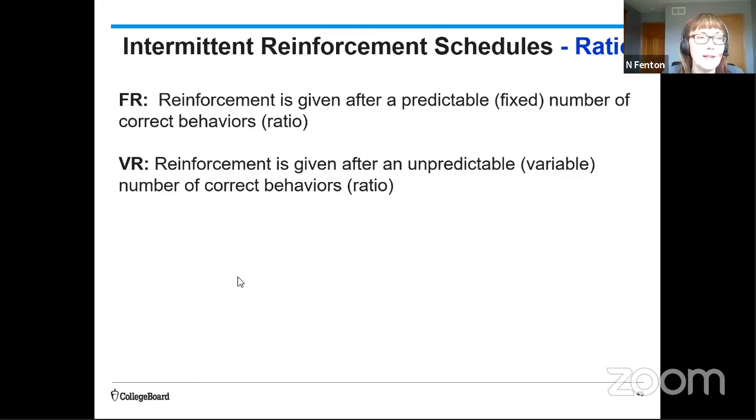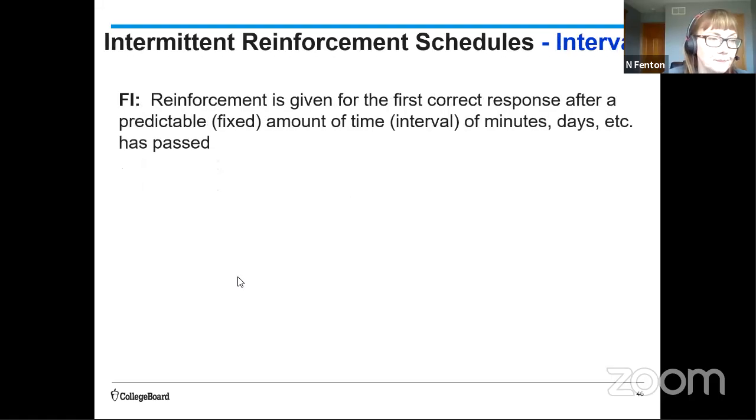And that reinforcement in sales is money. It's the actual sale. So sometimes a salesperson might have to approach 5 people and give a sales presentation before they make a sale. Then they might have to do 3 and they'd get a sale, and then 10 and then 2, and they might get 2 in a row. So they never know, and that creates this consistent behavior that's resistant to extinction.